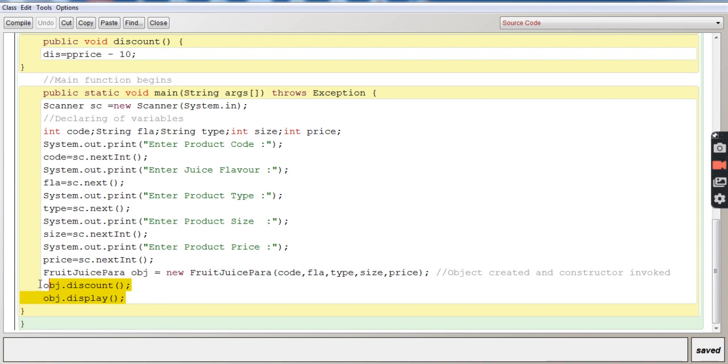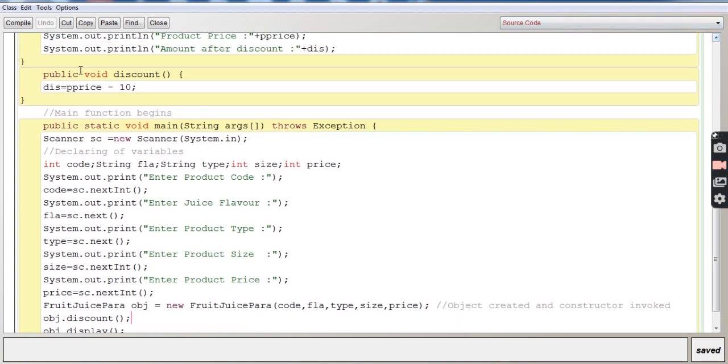I'll go to the next line, that is object.discount, because entering details is over. So we'll go to object.discount. It will find it over here. So we'll go to the discount function. Price is given, let us say the price is 50 rupees, given in the main function. So 50 rupees minus 10, because there is a discount of 10 rupees. So 40 rupees will be stored in the variable DIS.